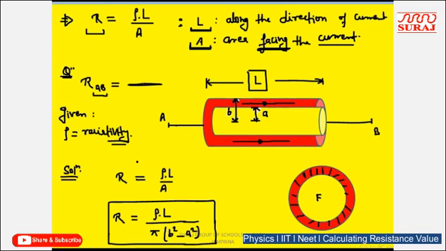Now to calculate the equivalent resistance R, it should be written as rho L by A. L is the length along the flow of current. So if I consider the current from A to B, then the length is equal to L. So rho L, and the area which is actually facing the current is the cross-sectional area. So the cross-sectional area here is pi (B square minus A square), the area perpendicular to the flow of current, or the area which is facing the current. So for this shape, the equivalent resistance is rho L upon pi (B square minus A square).